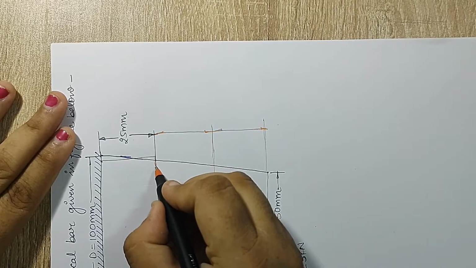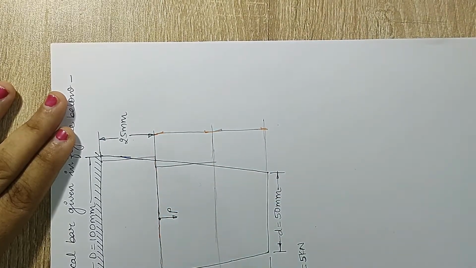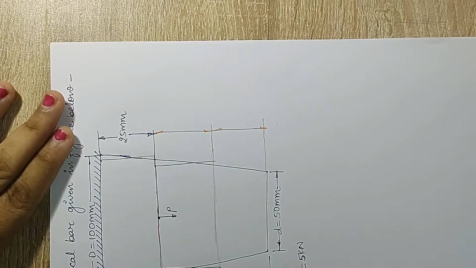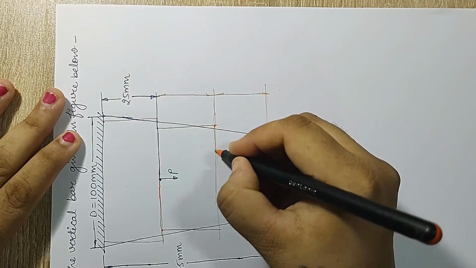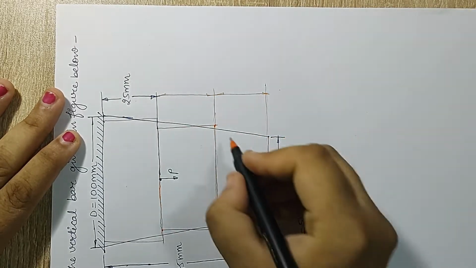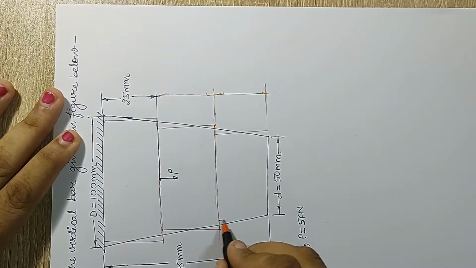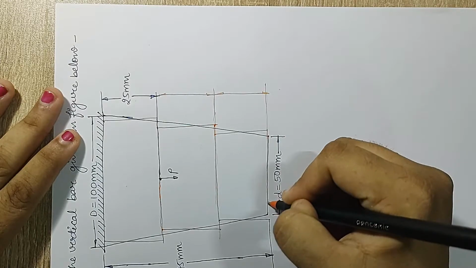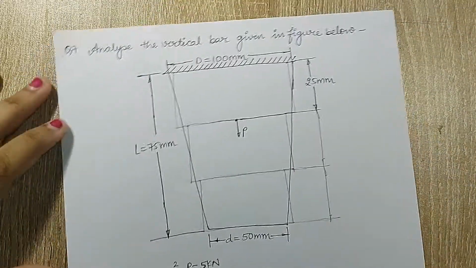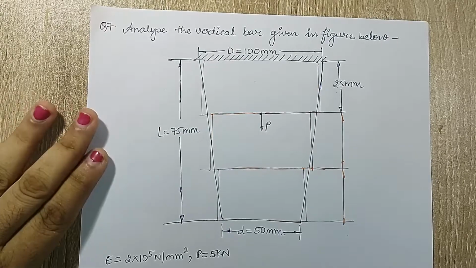Again I'll mark a point inside of the blue line and I'll go straight down. Same way from here, I'll again go straight down. So this is my second step bar that I obtain. And now again I'll mark a point inside. So this is the third step bar that I obtain. Now you can see very easily I have converted a tapered bar into a step bar.